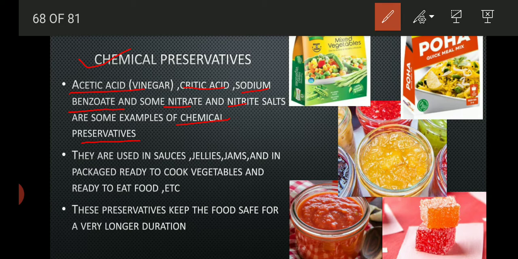They are used in sauces, jellies, jams, and in packaged ready to cook vegetables and ready to eat foods, etc. These preservatives keep the food safe for a long duration.